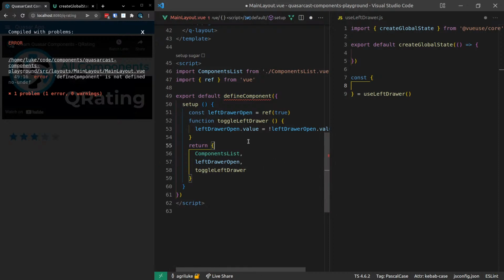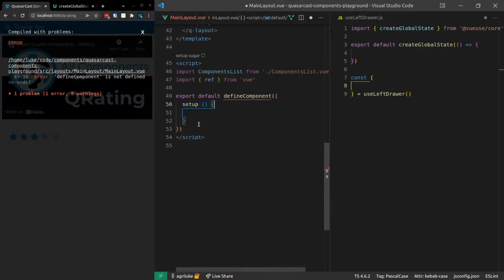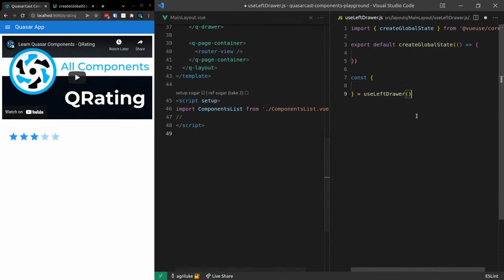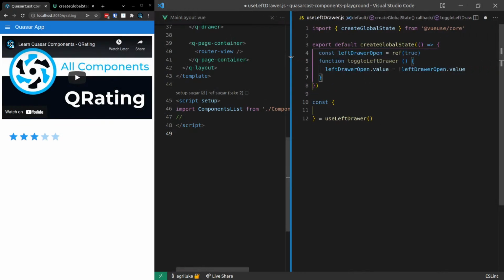Return ref. That's all right. I don't actually need any of this anymore. So now I'm going to take that code there. We'll change this to a script setup. We'll get rid of all of that because I don't actually need it for now. Now we're going to paste this in here. And it means that when we pull out of there,